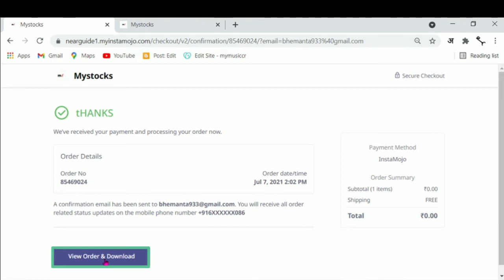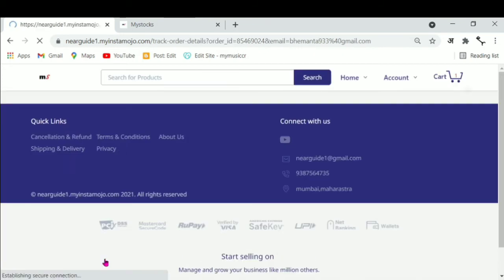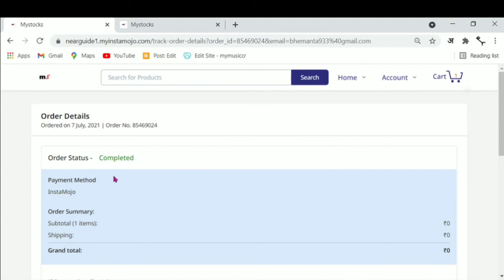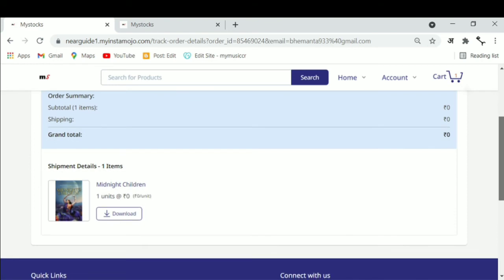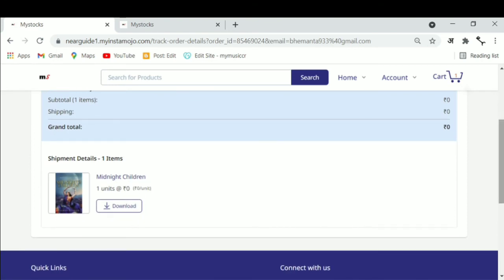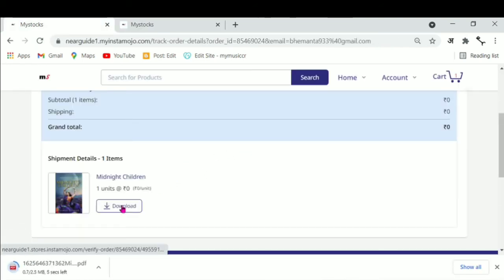You can download this. Click here be order and download. See here the detail. Now click on the download. Now the download is starting here.